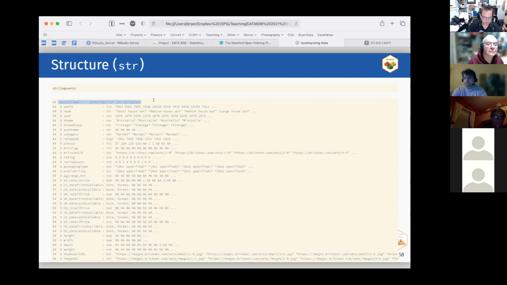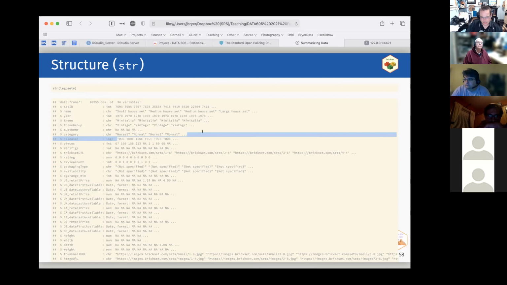You can see it tells me it's a data frame, the number of observations and the number of variables. Then it gives me a list of all the variables in this data frame and the variable type. So we can have set ID as an integer. We have the name, which is a character. Released is a logical,